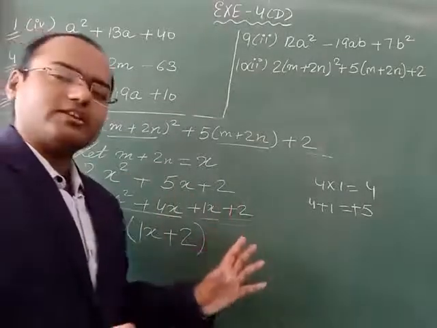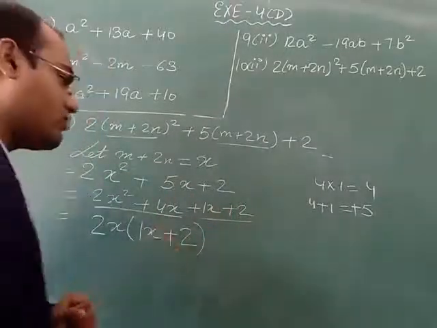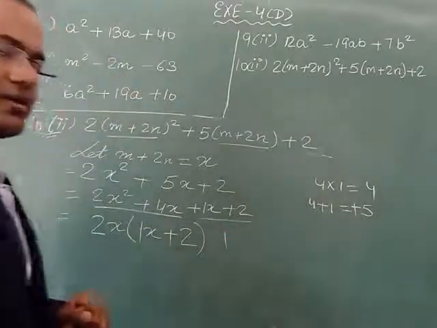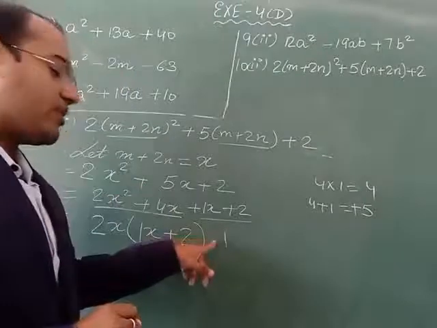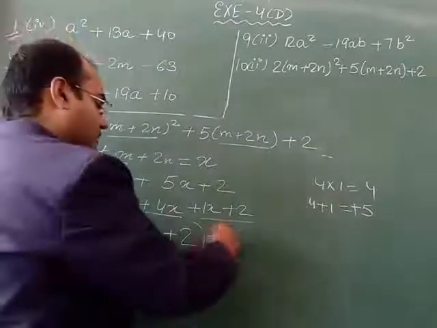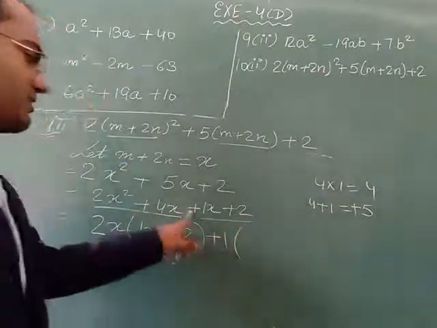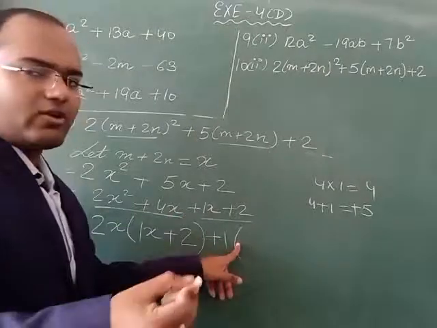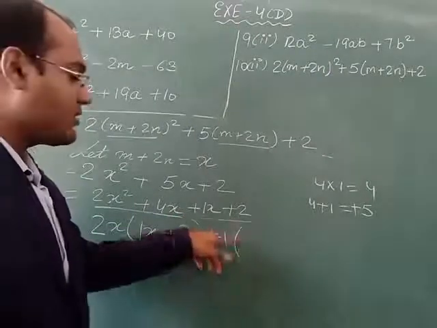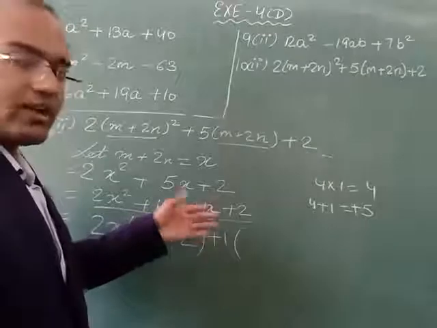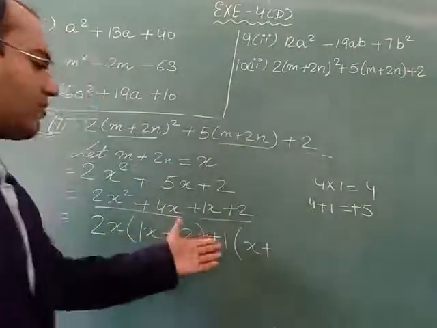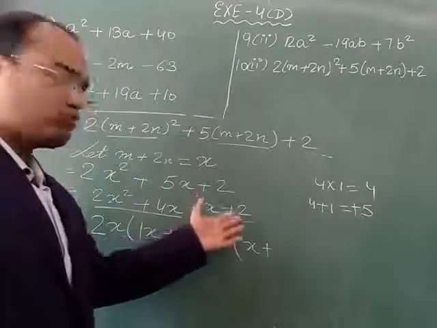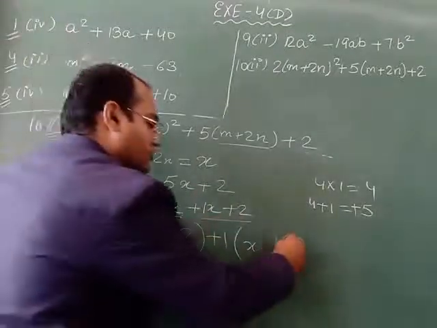1x plus 2, nothing is coming common, so in such case you have to take 1 common. Where you are not getting anything common, in that case you have to take 1 common, but here we have to take sign also, plus sign we will take. So plus plus plus only, no need to write plus sign in the beginning of the bracket. 1 we will take common, so here it will be x plus, with the table of 1 we are taking common here, so 1 2s are 2, so here we will take 2.